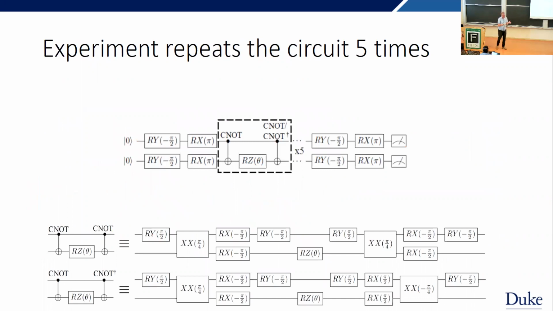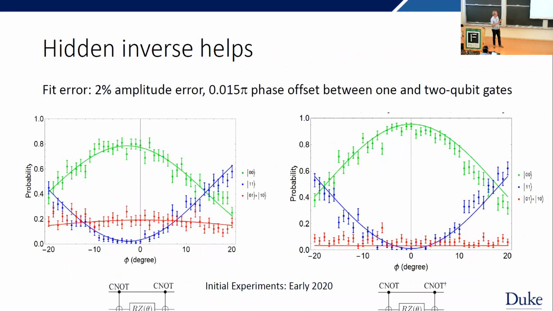So our gates are good, so if we just do one instance, we don't see anything. So what we have to do is multiply it up, by repeating the same block multiple times, as we've also seen from extrapolation. And when we first tried this in early 2020, we found that not only did it work, but it actually fixed an error we weren't thinking about.